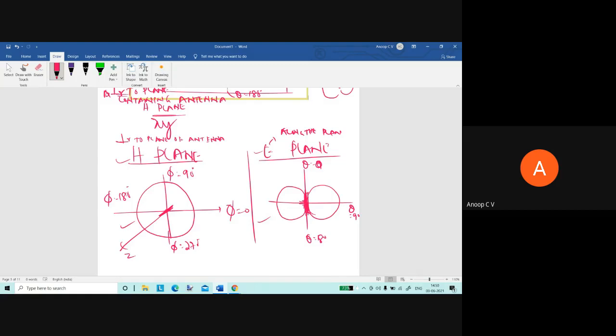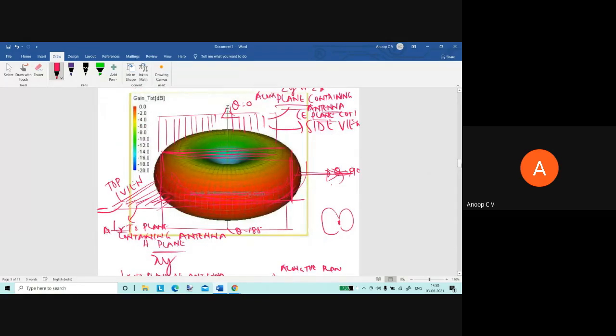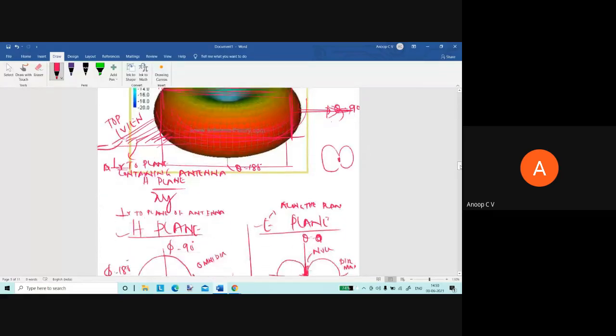So now you can see this dipole has a direction of maximum radiation, and there is a null. And if you see in the XY plane, perpendicular to the antenna, it's omnidirectional. It radiates equally well in all directions. So if you keep a receiving antenna anywhere on this XY plane, it will receive equally well. But if you keep it along the z-axis or minus z-axis, you won't be able to receive. That is the meaning. Any doubt at this point?